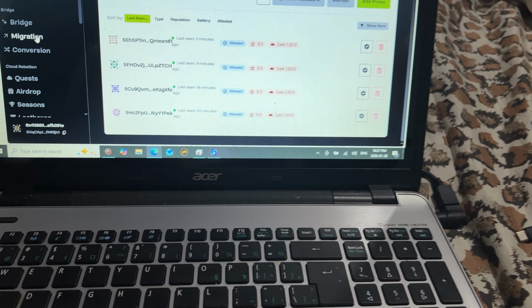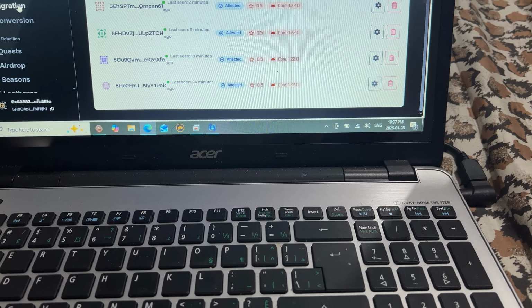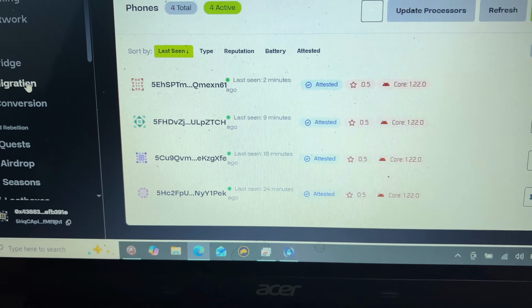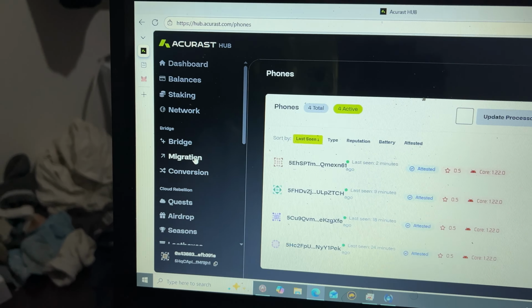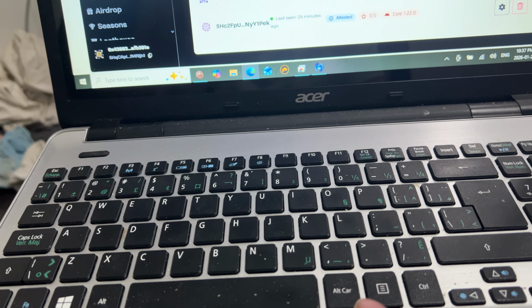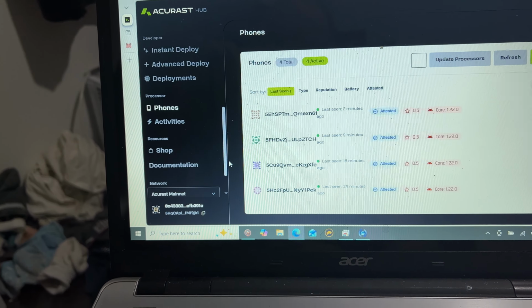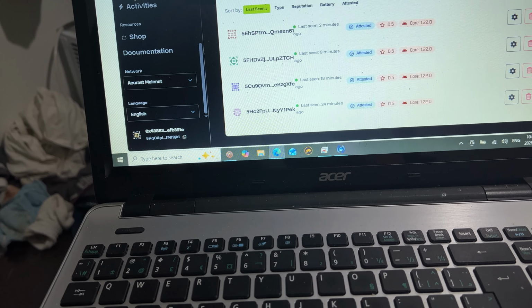So what I had to do is manually go in and introduce every one of my phones, I have 13 right now, back into the Acurast Hub by going through the, right here. Sorry if this isn't making sense, I had a stroke, so it's tough to articulate, but if you